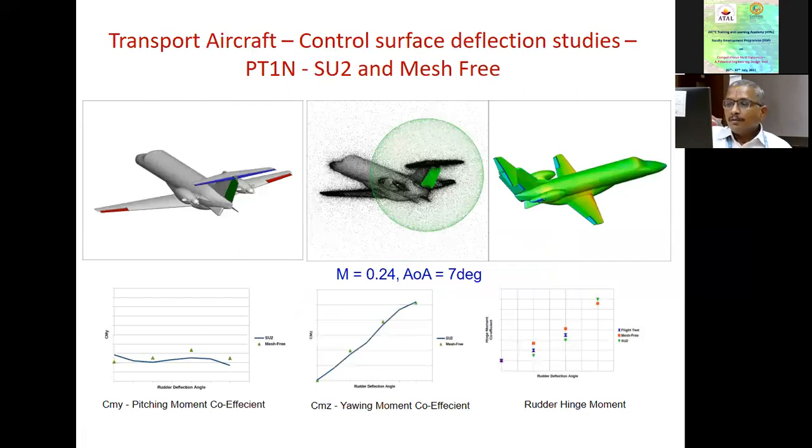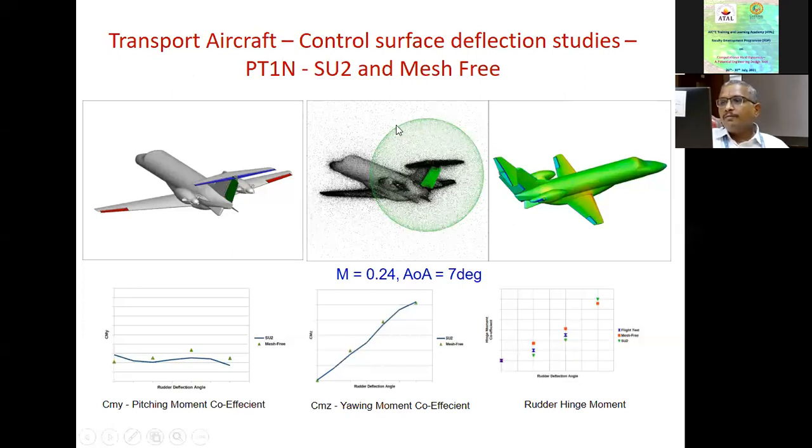This is one more typical application, of a body separating from the parent aircraft. Recently, we had a challenge. You can see this is an aircraft, a civilian type of aircraft. Suppose these control surfaces start deflecting and you want to study the effect of the control surface deflection. In a conventional method, you would be required to generate one separate grid for each of these movements.